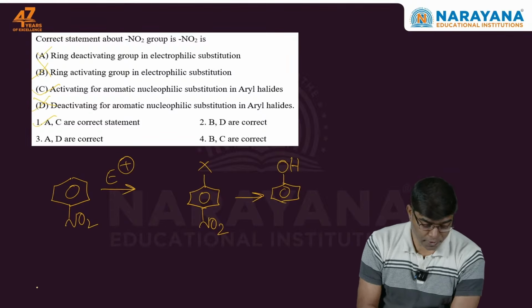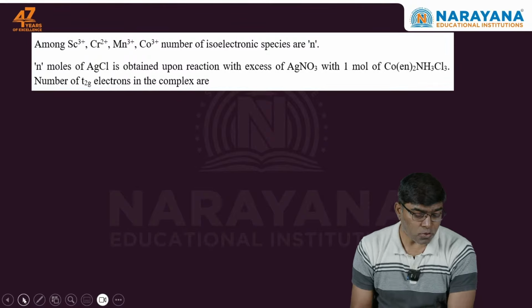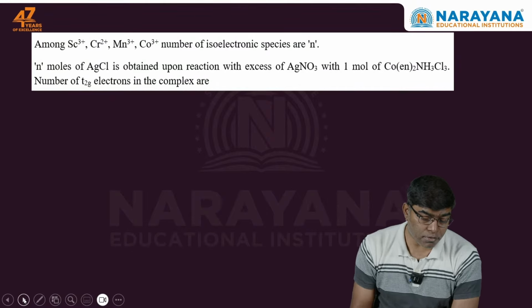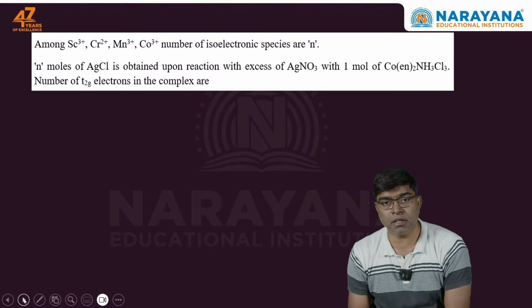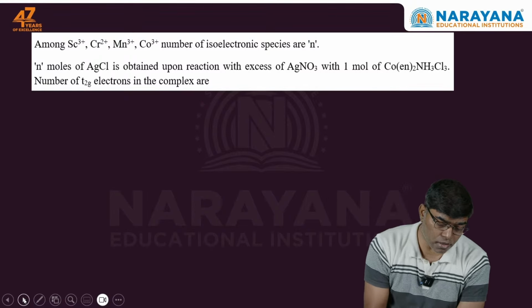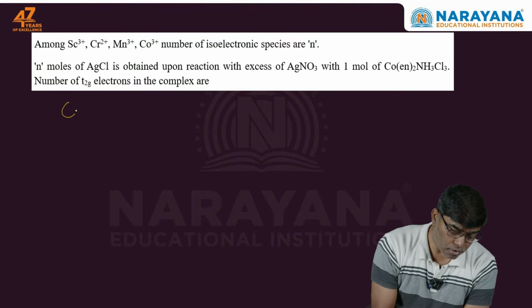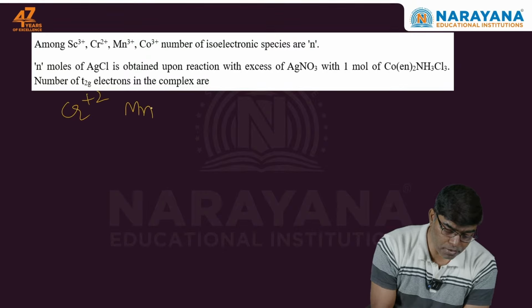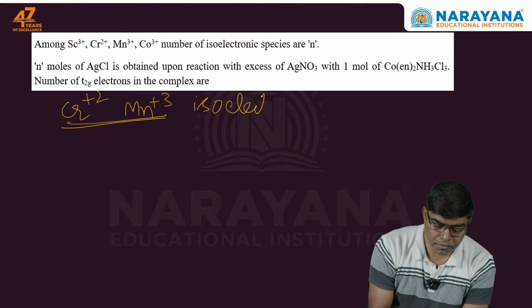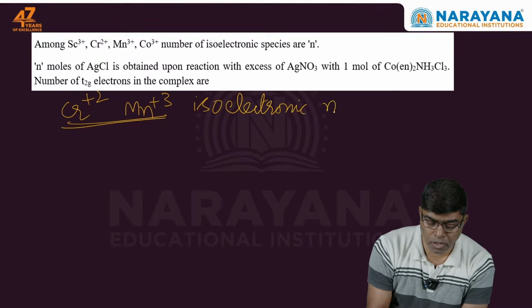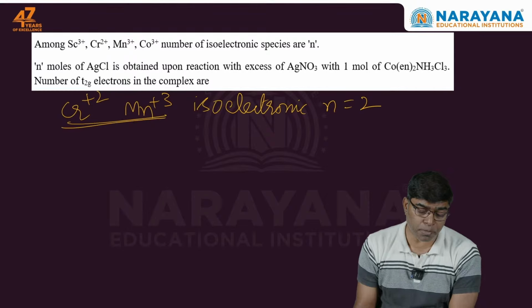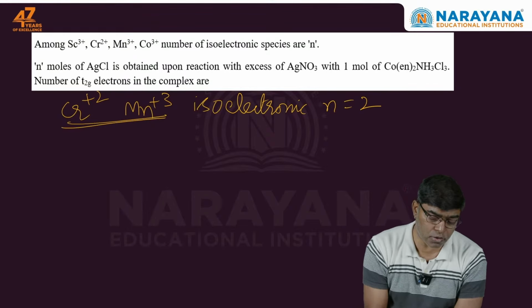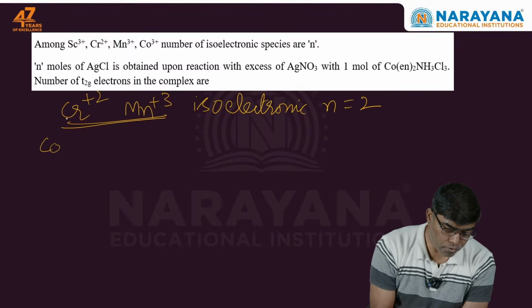Let's take one more question. Again, one good question from coordination complexes: scandium plus 3, Cr plus 2, Mn plus 3, Co plus 3. Isoelectronic species are N. This part is very easy. Cr plus 2 and Mn plus 3 must have the same number of electrons, so these two are isoelectronic. N value is 2. And now it says that N moles of AgCl is obtained, which means 2 moles of AgCl is obtained when you treat